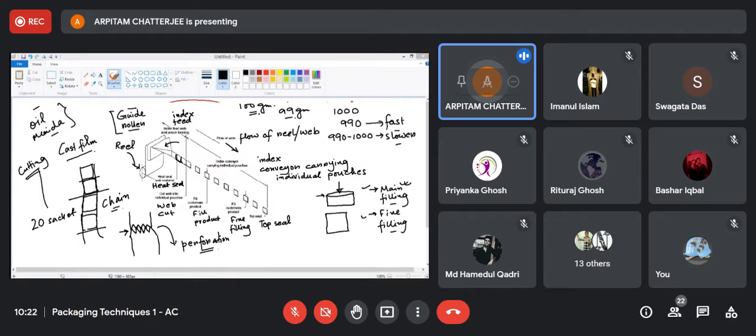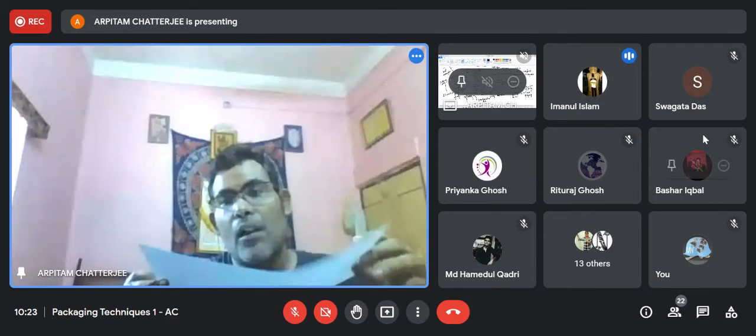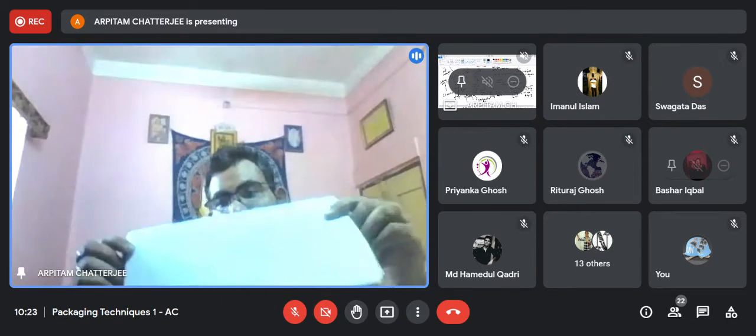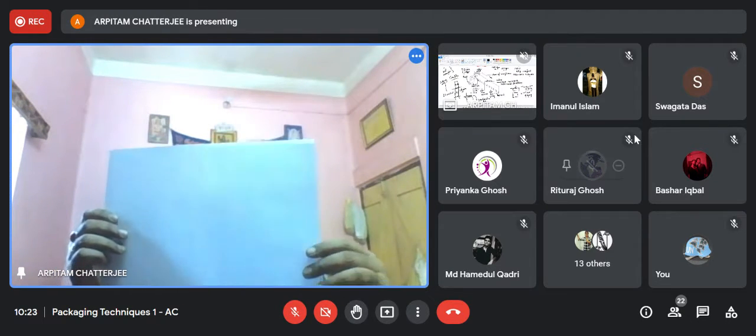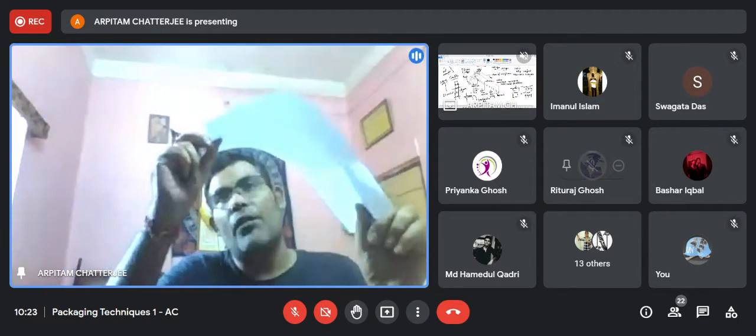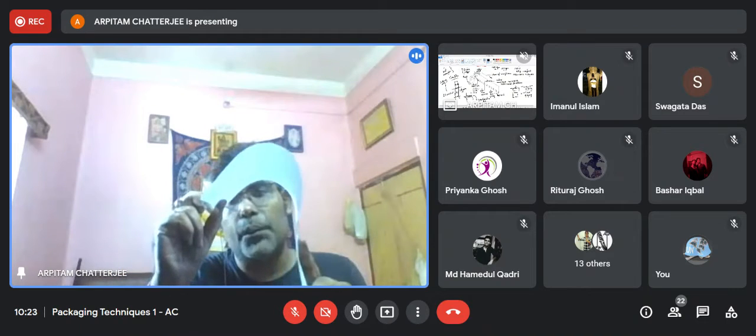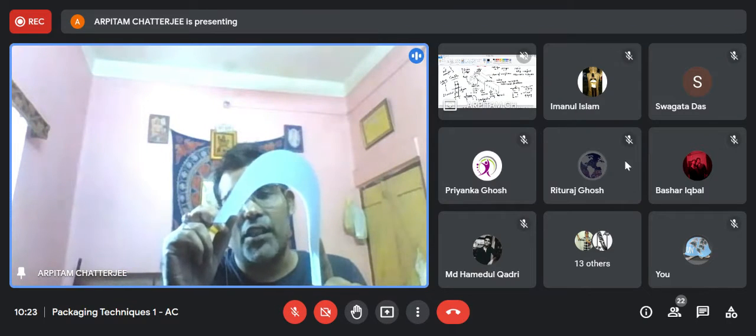Okay. Now I'm giving you another example of how it is done, using a sheet of paper with me. I think I'm visible to you, right? And can you see this paper? Yes, sir. Now just think that this paper is basically a plastic film. Now what's happening? It is coming from here. So this is the picture of how it is coming over here.